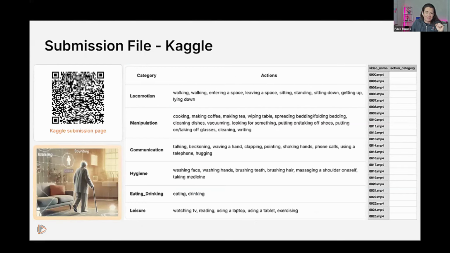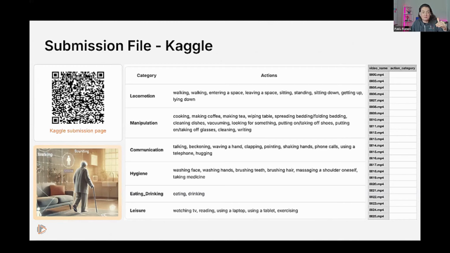About the submission, let's talk about the submission process. We have created an evaluation data set with more than 4,000 videos with no labels. So you need to use your model. After you download the data sets, process and train the models, with those models you can run the inference using the data set that we provide. You can also scan this QR code and go to the Kaggle submission page where you can download the information as well.